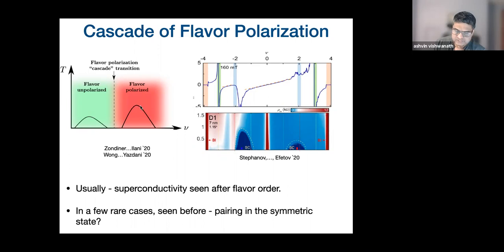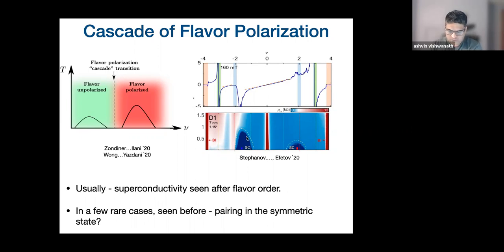For example, you're at nu equal to 2. Let's say one of the two valleys of a particular spin is completely full, so you're left with essentially spinless electrons. They're all spin polarized, if you like, and they have two valleys, and you're thinking about pairing in that setting. In a way, that takes us back to our familiar example of pairing between opposite spins, where valley is playing the role of spin and there's no additional degree of freedom.